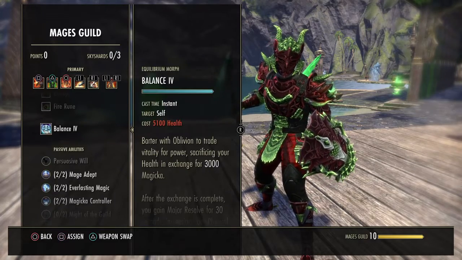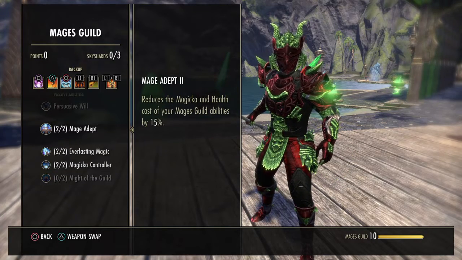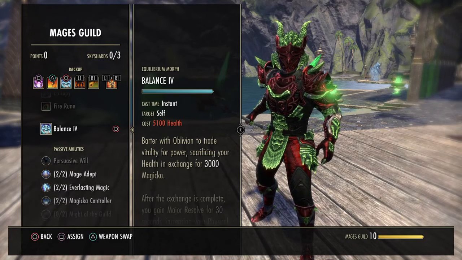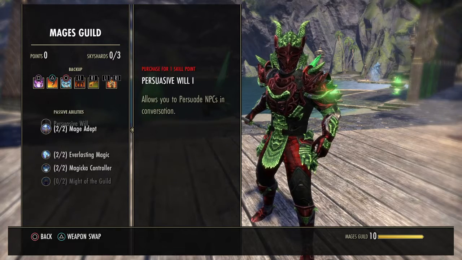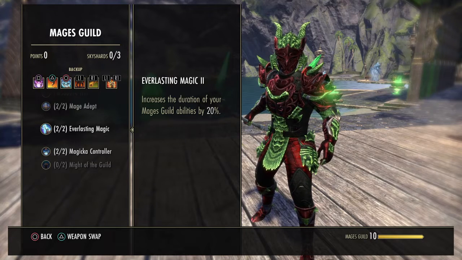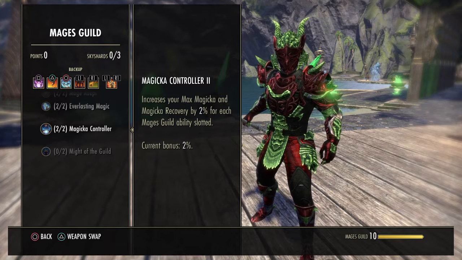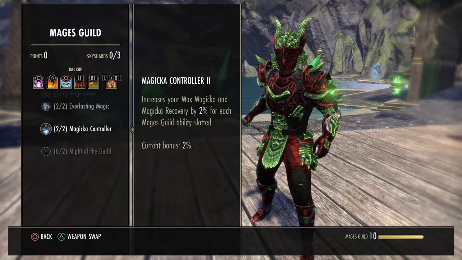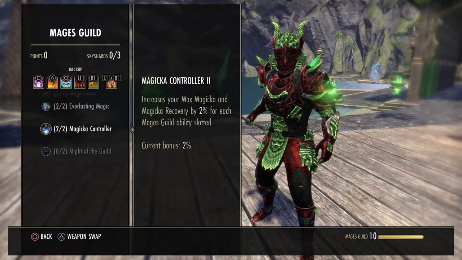Mage's Guild though is very important because we're running balance on our back bar. Reduces the magicka and health cost of your Mage's Guild abilities by 15%, and balance costs health. So you don't want that to cost more than 5,100 health. Get these passives then. Also, this increases the duration of it, so we get the major resolve for longer. And then Magicka Controller increases your max Magicka and Magicka recovery for each Mage's Guild ability slotted. So we do have balance slotted, and we do want a little bit extra Magicka recovery and Magicka, so get